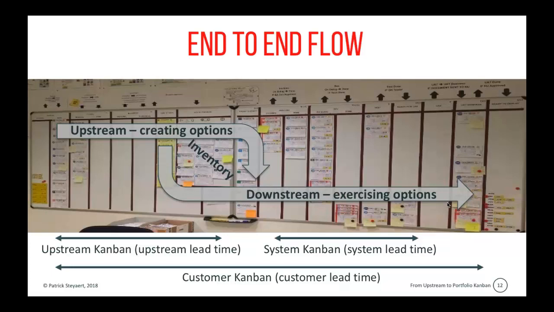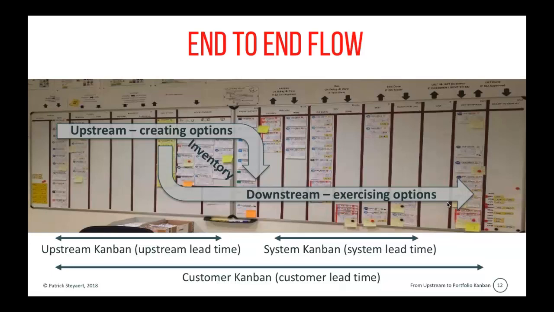Two parts. The upstream part, in technical terms, is about creating the options in the inventory. In the upstream, everything is still optional. That's why we talk about options. So that creates our inventory. Oftentimes people talk about a backlog rather than inventory.